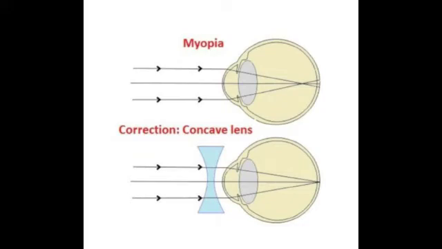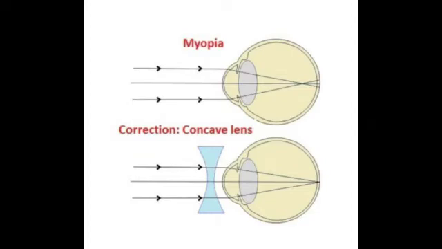The first one is myopia. Myopia, also known as short-sightedness, occurs due to the lengthening of the eyeball. With this defect, nearby objects can be seen clearly, but distant objects cannot be seen clearly. The focal length of the eye lens is reduced, or the distance between the eye lens and retina increases. Hence, the far point will not be infinity for such eyes, and the far point has come closer. Due to this, the image of distant objects is formed before the retina. This defect can be corrected using a concave lens.